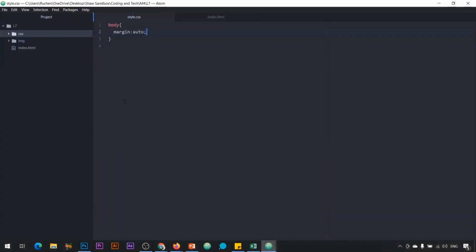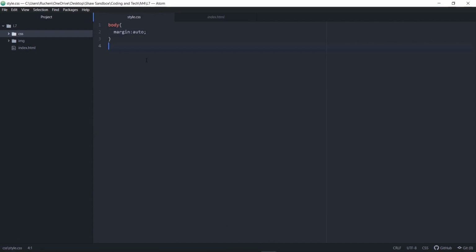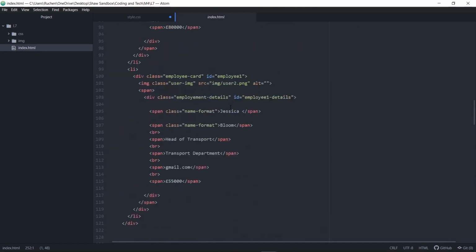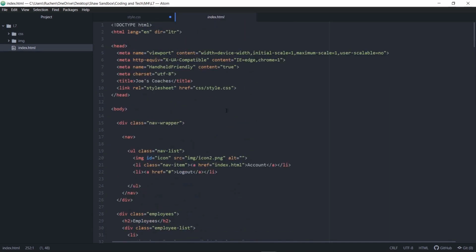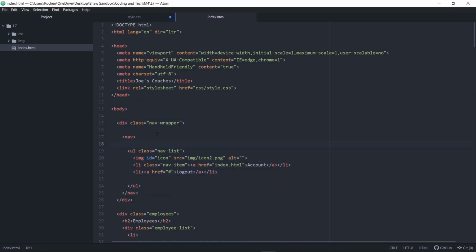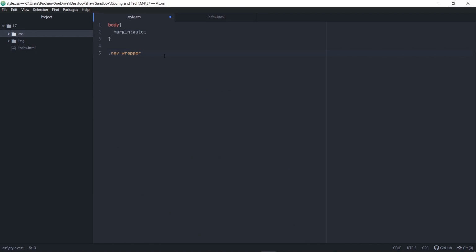So let's head back over to Atom and let's actually start working on our navigation bar. So I'm going to call my nav wrapper, which is the class associated with my navigation system. Where do I find this? If we head back over to our HTML document, I am essentially just calling my navigation bar, which is this block of code over here. Okay, and you'll see it's contained within a div container. So I'll say nav wrapper,